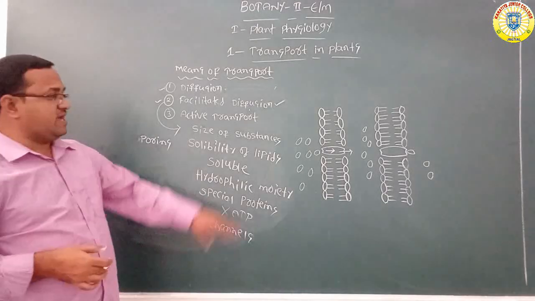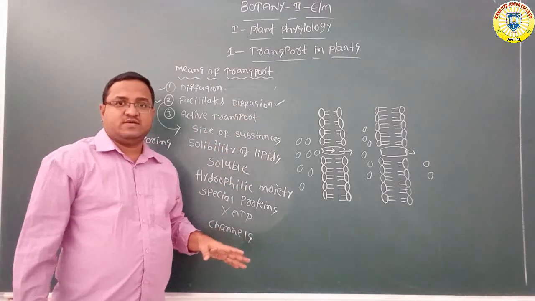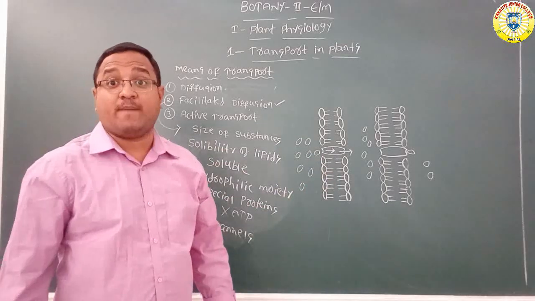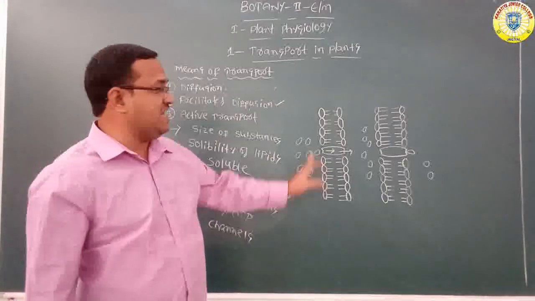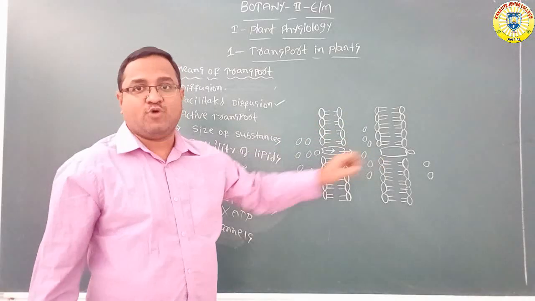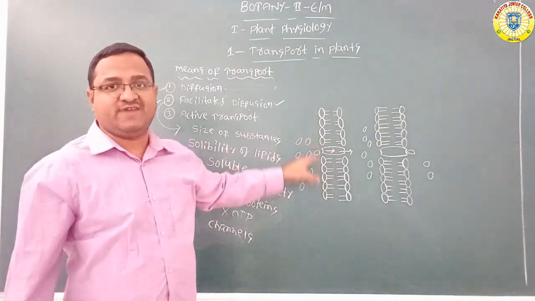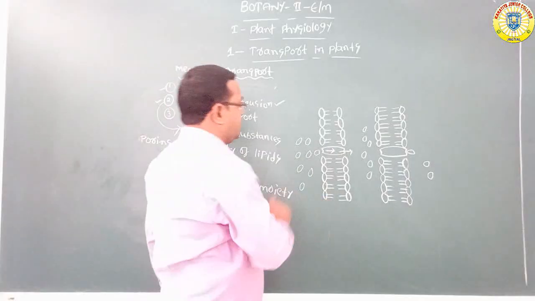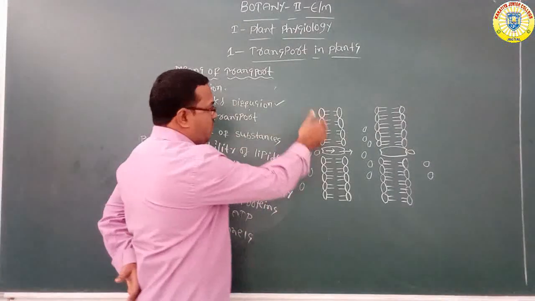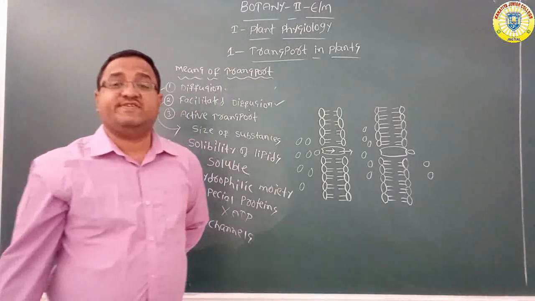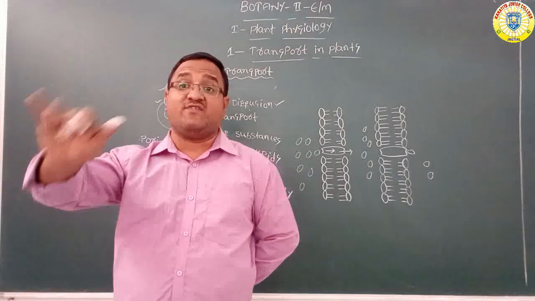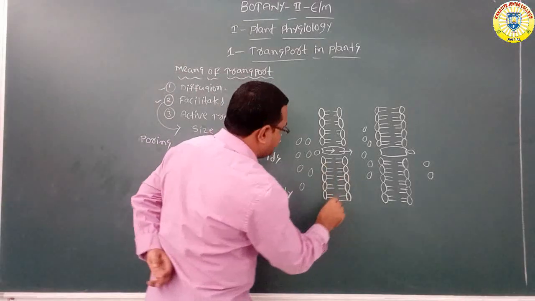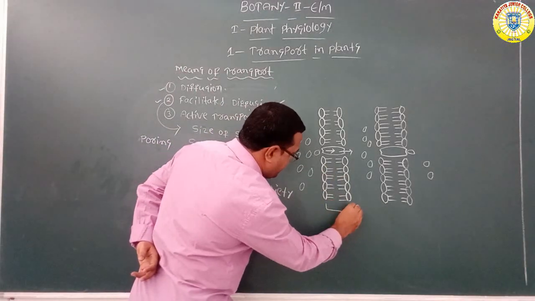Okay, so here they give an example. You can see the water channel which is made up of 8 aquaporins. With the help of this diagram we come to know about facilitated diffusion. Here you can see this is the water channel which is made up of 8 different aquaporin proteins. Here you can see this is the cell membrane.